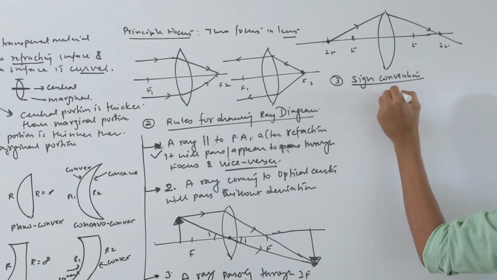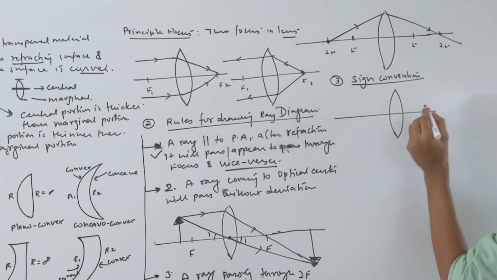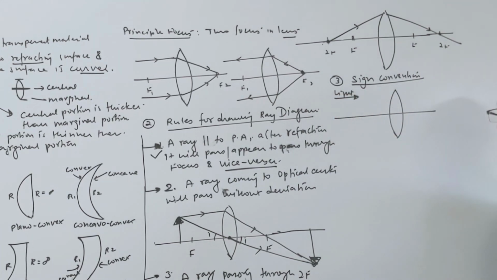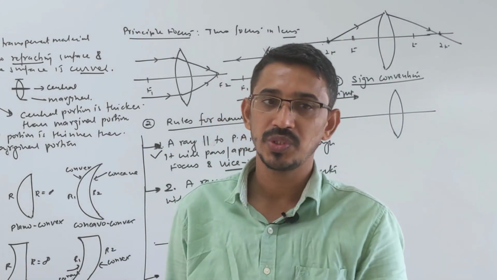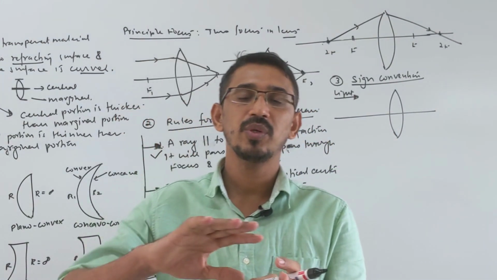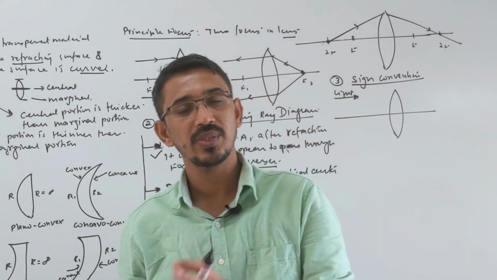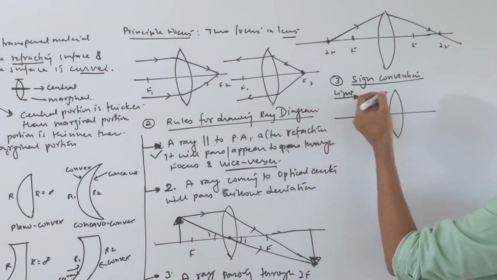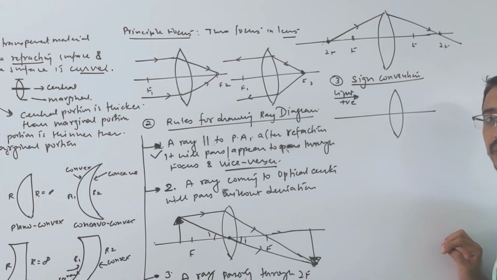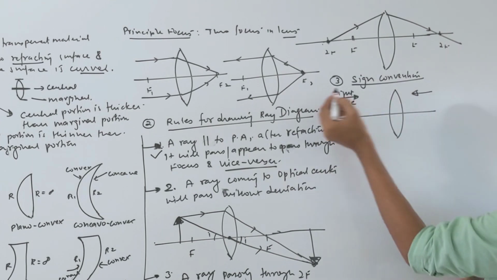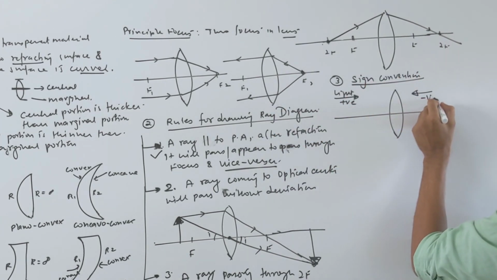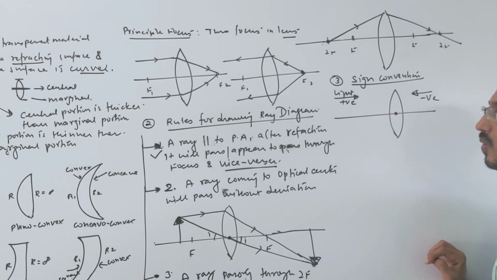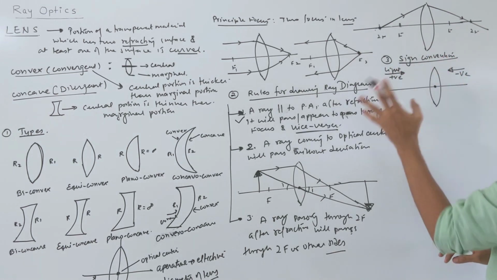So it's the same rule you have learned. I'm not writing, just understand this. Suppose this is the direction of light. Any distance measured in the direction of light is called positive. The height of the object above the principal axis is called positive, and below is called negative. Same rule, there is no change. If you measure any distances along the direction of light, those are positive values. If you're going against the direction of light, light coming this way and you're going that way, then those are negative distances. All distances are measured with respect to the optical center only. I will talk about this again when we do numericals on this.